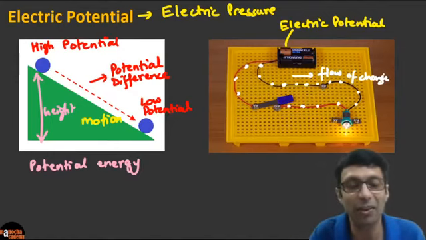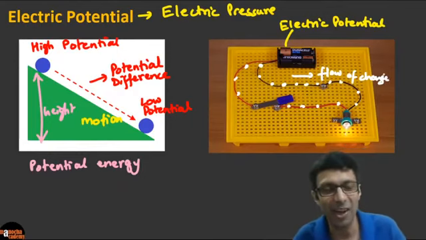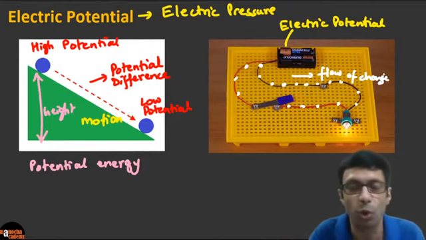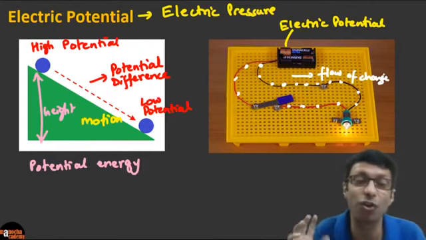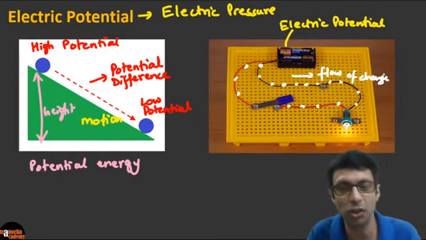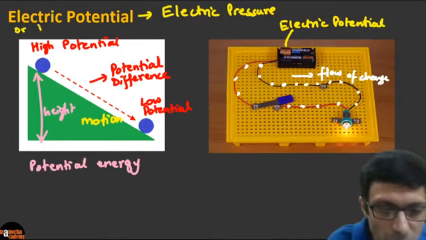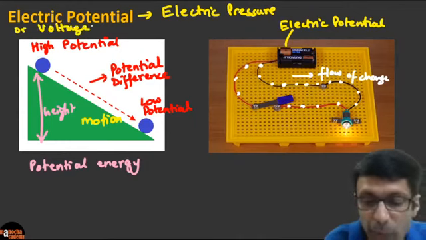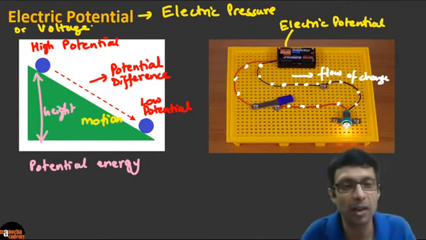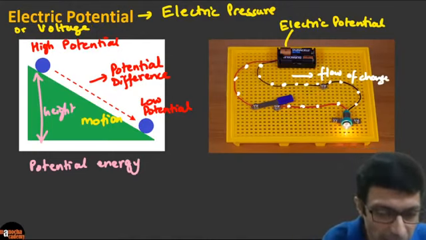Electric potential is like an electric pressure. Just like when the exams are near, we are under pressure to study, right? We study with the exam pressure, or if we have a deadline to meet, some homework to do, we study because of that pressure. That pressure drives us to finish off our syllabus. Similarly, it is this electric potential, or what is known as voltage. Same thing, guys. Electric potential or voltage is like this electric pressure pushing the electrons, because if you don't push them, they are just going to move randomly in the wire. There's going to be no current. Clear? Please clear your concept. This is very, very important.